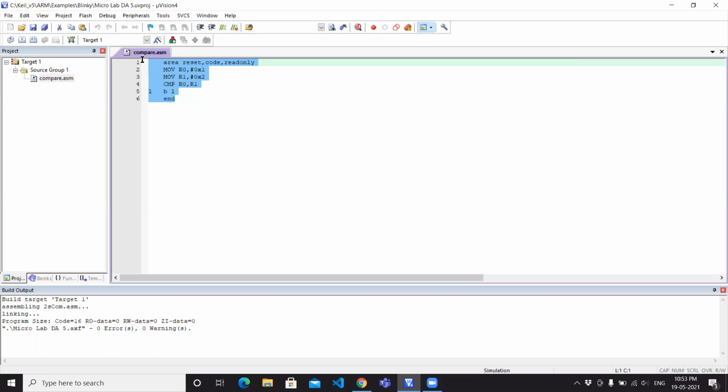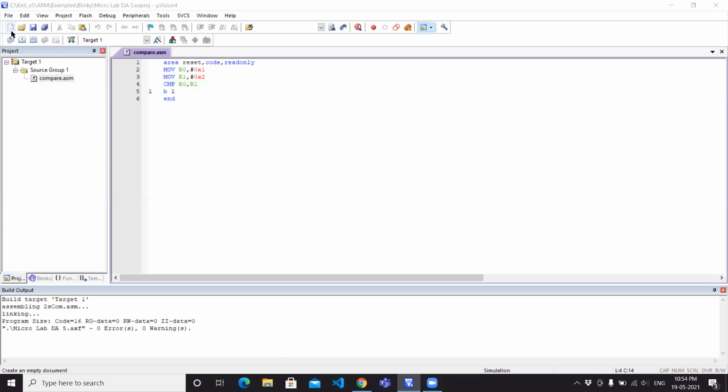This will be explained by Smith. So in this program, we are trying to find which is the greatest number among the given two numbers. We are storing this code in AREA RESET, and next we are storing the values 1 and 2 in registers R0 and R1. Now we are comparing registers R1 and R0. If the comparison value C is equal to 0, then R0 will be bigger, and if C is equal to 1, then R1 will be bigger. In this case, we see the value of C will be 1.